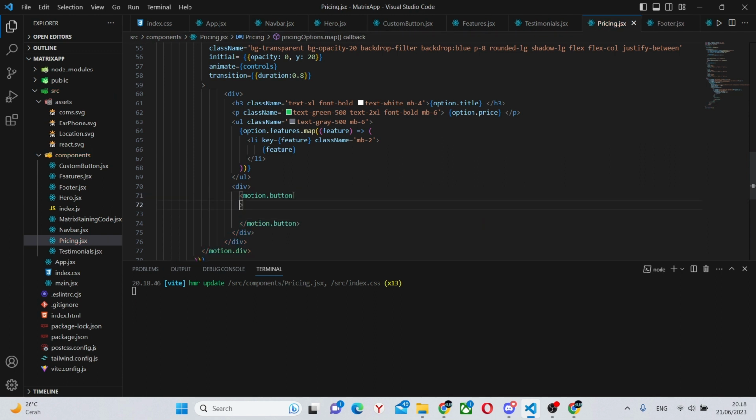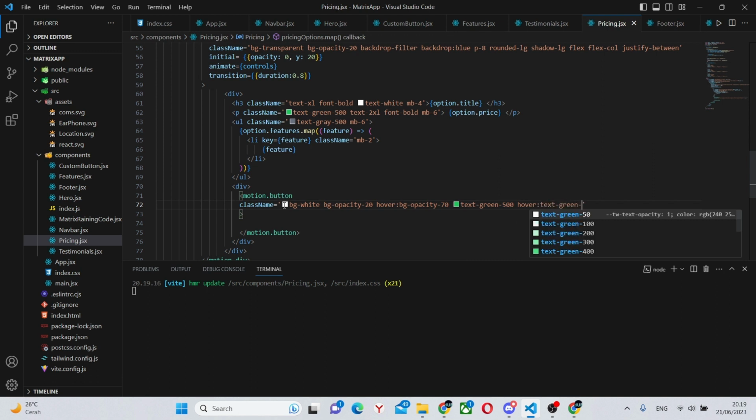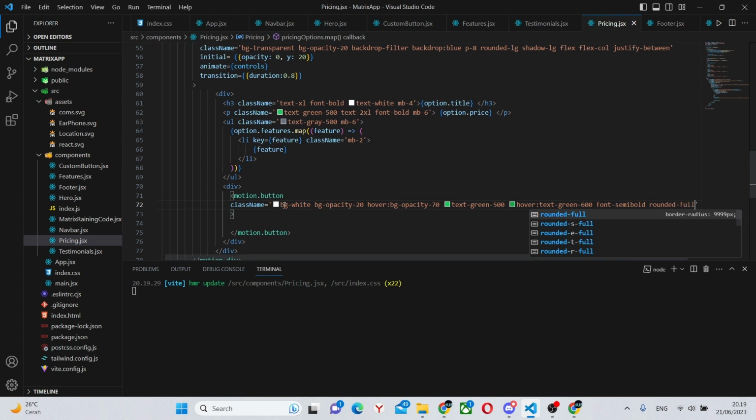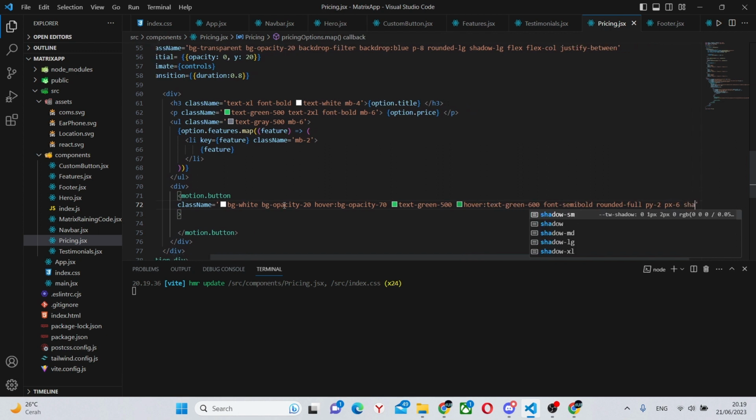This button will have a rather large class name, so let's begin. bg-white, bg-opacity-20, hover:bg-opacity-70, text-green-500, hover:text-green-600, font-semibold, rounded-full, py-2, px-6, and shadow-lg.